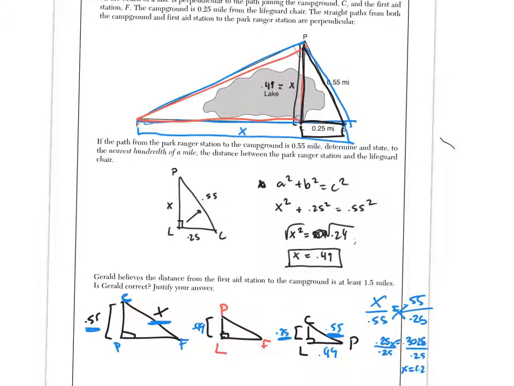So the question here that we're trying to answer is Gerald believes that the distance is 1.5 miles. We've just solved it and we see that it's 1.2 miles. So the answer here that we're going to write is Gerald is incorrect. The distance is